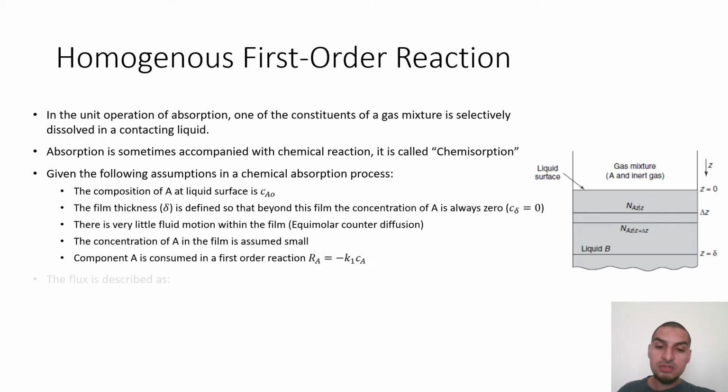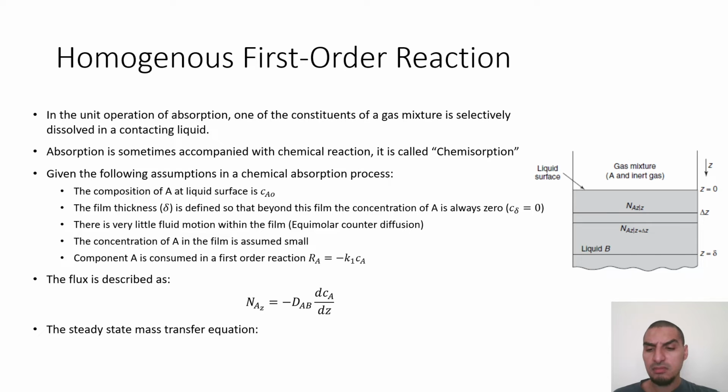If we check the equations that we have, the flux equation can be described by just the term of negative D multiplied by the concentration gradient, and we don't have the other term for two reasons. One is that we have a very small concentration of A, so x_A, because it's liquid phase, multiplied by the summation of N is 0 because x_A is almost 0. And for the summation of N, we have N_A and N_B equal, equimolar counter diffusion, so N_A equals negative N_B, so the second term here is zero. So this is going to be just the flux,